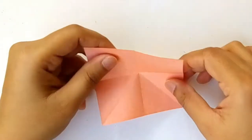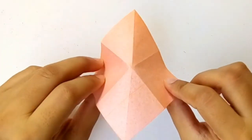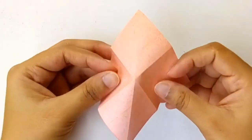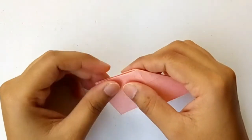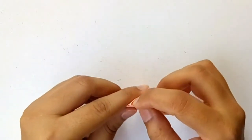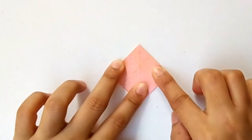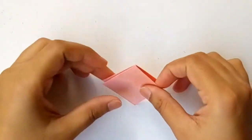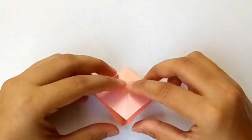Unfold it, flip it over. You should have something like this. Now start by pushing the diagonal edges inside and collapse the creases like so. Make sure you have this pointy edge, the closed edge at the top, and the bottom edges will have the